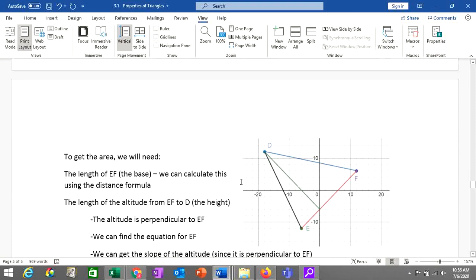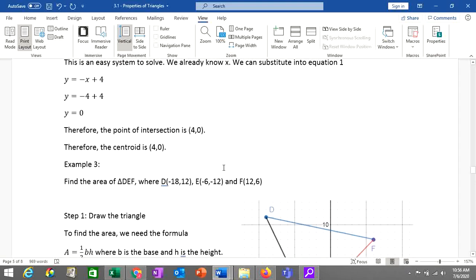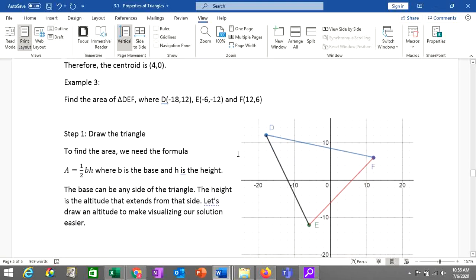Okay, hopefully you're still following along. That one's a little bit longer. The last question is the hardest question. This one's really long. Okay, so we have a triangle,